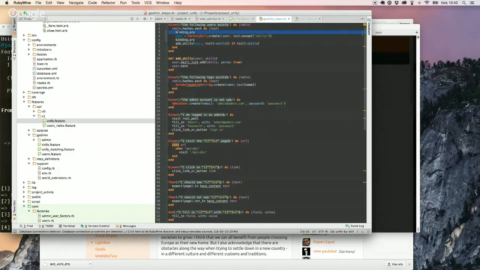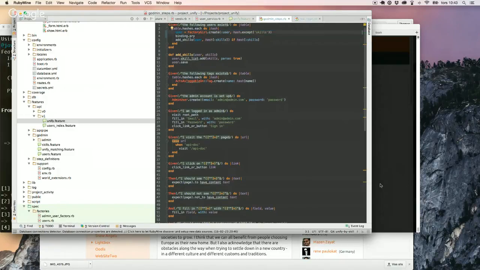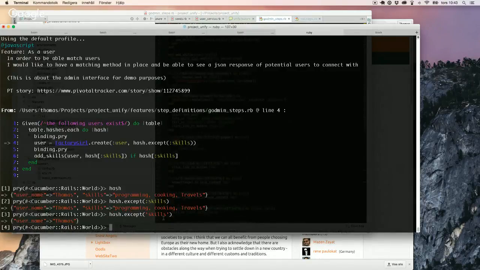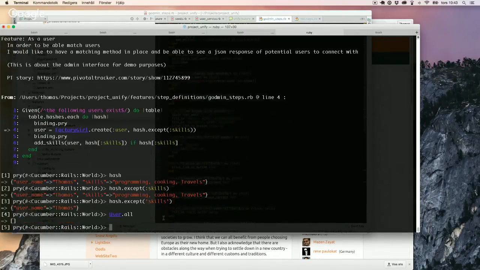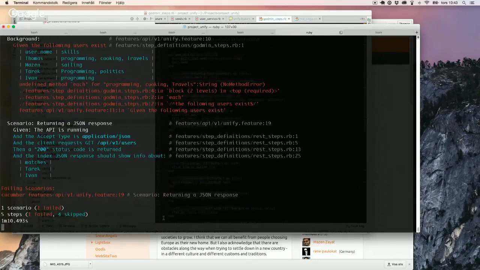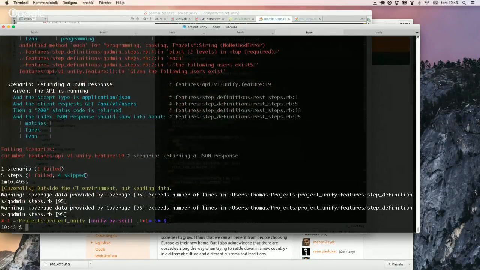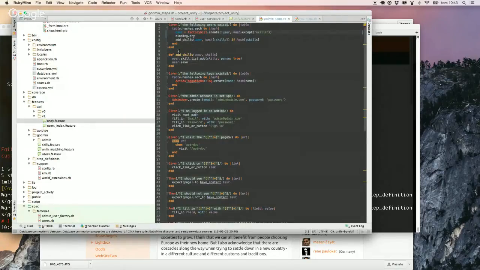Okay, so let's see. User all, nothing. So if we quit. So undefined method each for programming. Cooking, travels. Okay, so we are passing in a string there, and that's because skill is skills